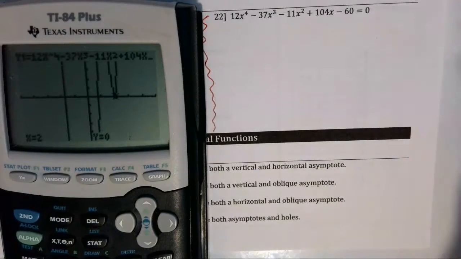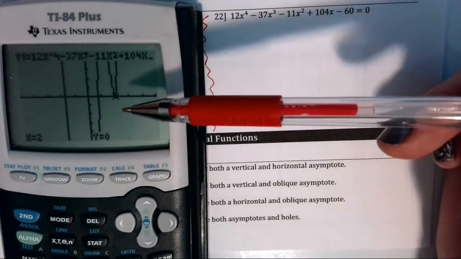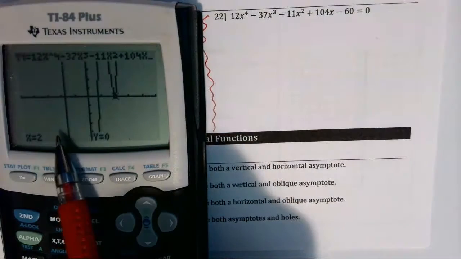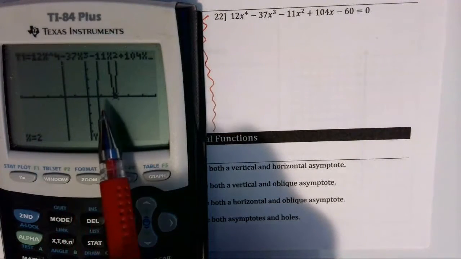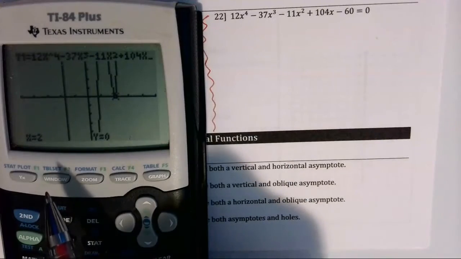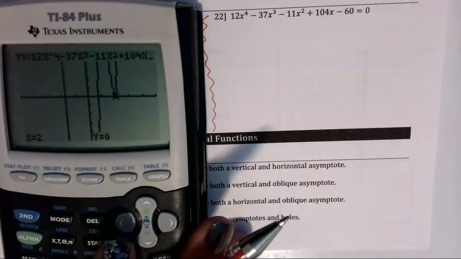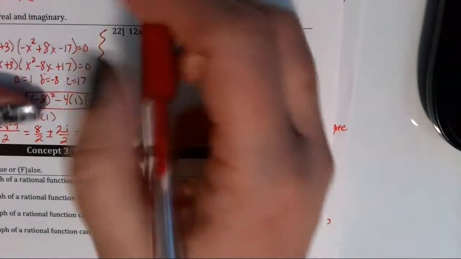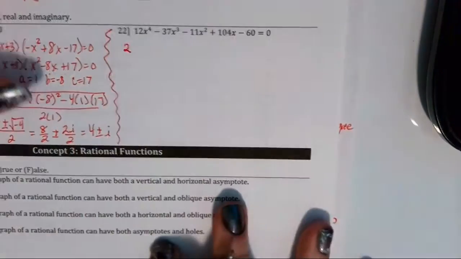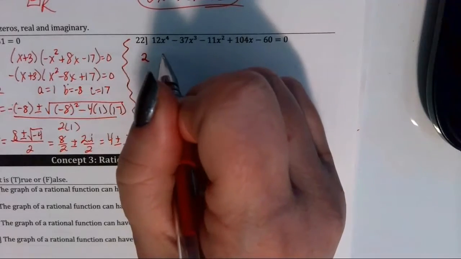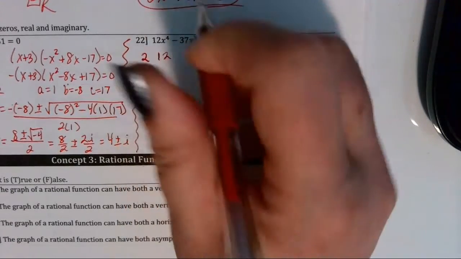Okay, so in number 22, we're going to go to the graph on the graphing calculator, and we'll see at 2, 0, there is a bounce at that x-intercept, and so that 0 has multiplicity of 2. So I can do my synthetic division using that 2 as a divisor, and then I'll list my coefficients: 12